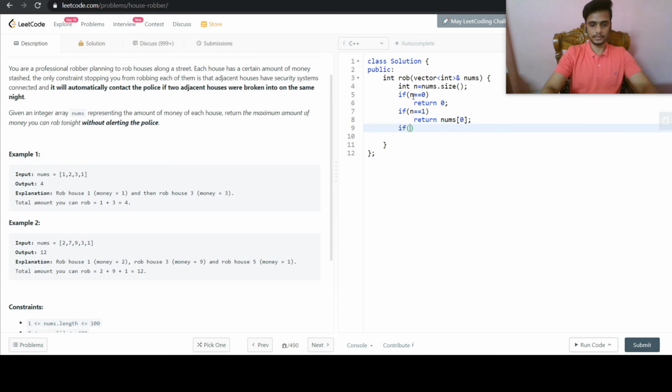And if there are two houses, whichever house holds the maximum value, the robber will obviously rob that house, so we'll compare both of these values and return whichever house has the most value.